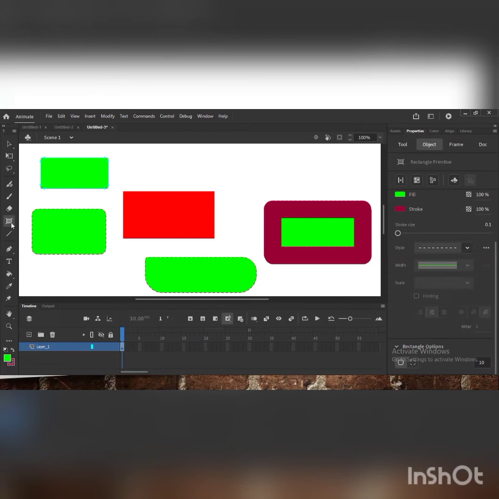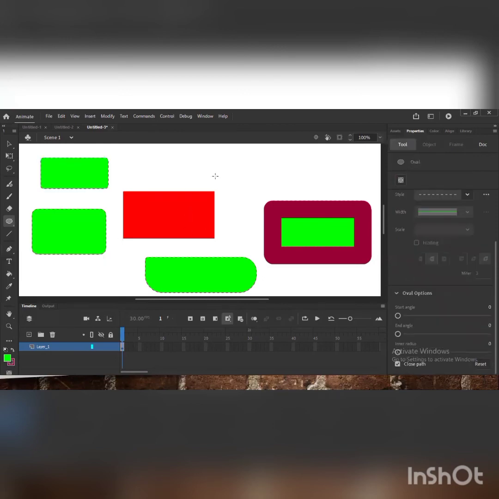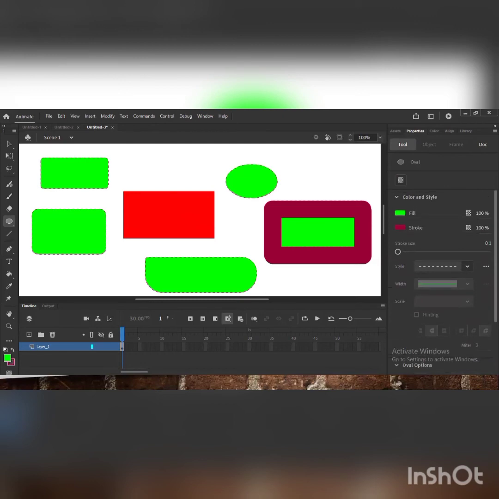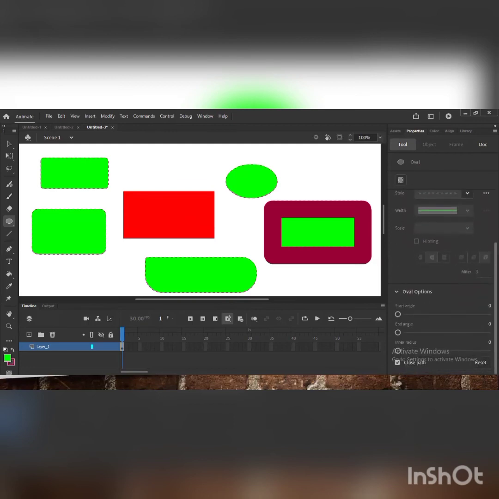Same like that, if you want to make an oval shape, there is the oval tool and the oval primitive tool, with the same difference between them. This is our oval tool, and all the properties are the same. If you want to change the fill color or stroke size, the properties are the same. If you want to change the start angle and end angle, you can give them according to your requirement.